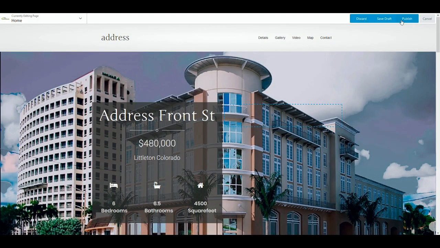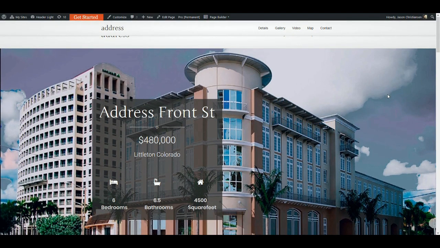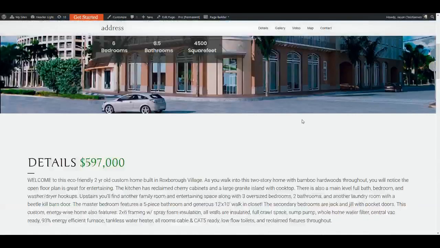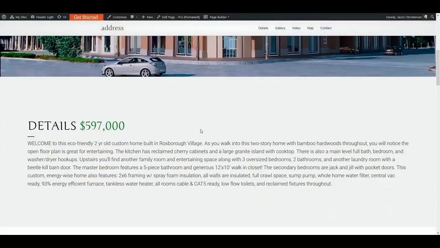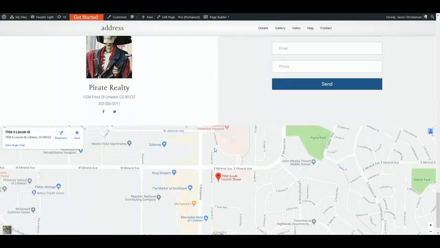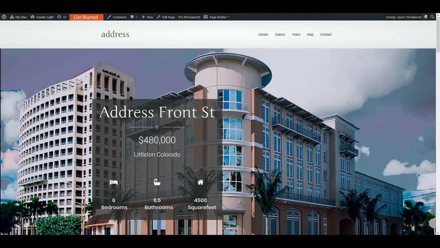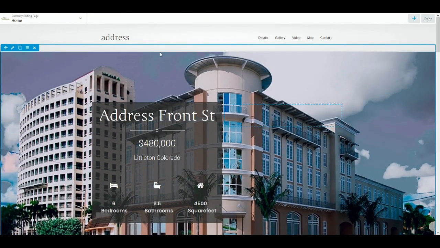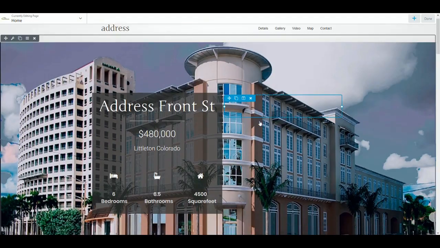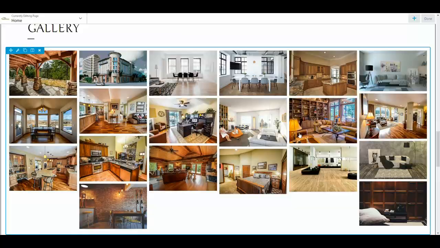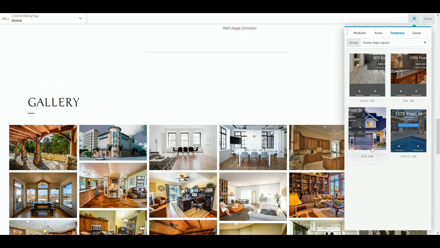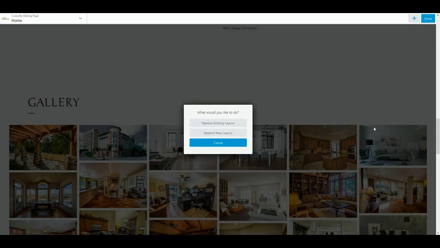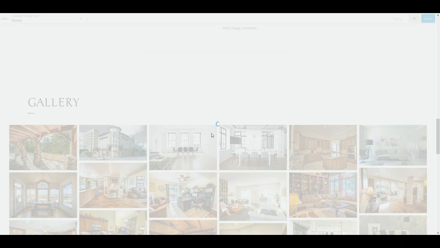I'm going to click Done and Publish. Remember, save often. If you don't like it, that way if you've saved often, you can come back in and you can make your quick edits. All right, so I'm going to show you one other thing because I kind of jumped right through it. But let's say you do actually have a video virtual tour. So we're going to click on the plus, we're going to click on templates, and we're going to go back to that Pine Way, and we're going to append